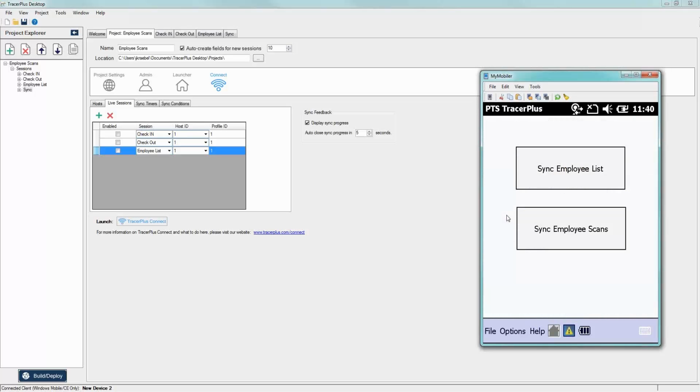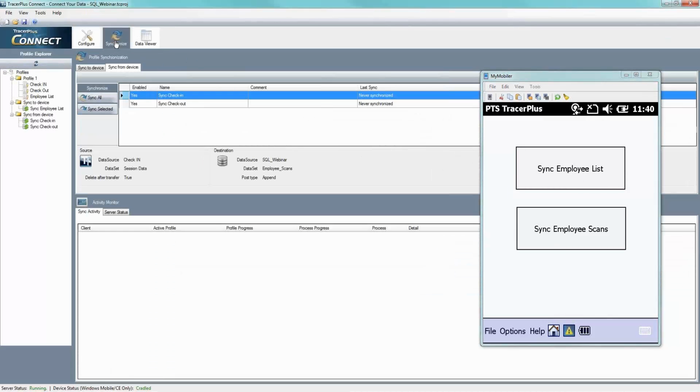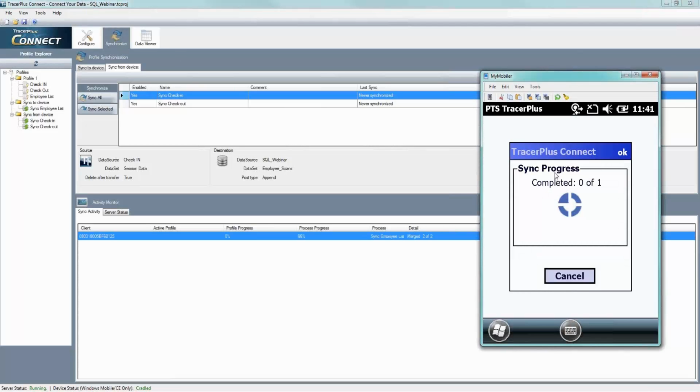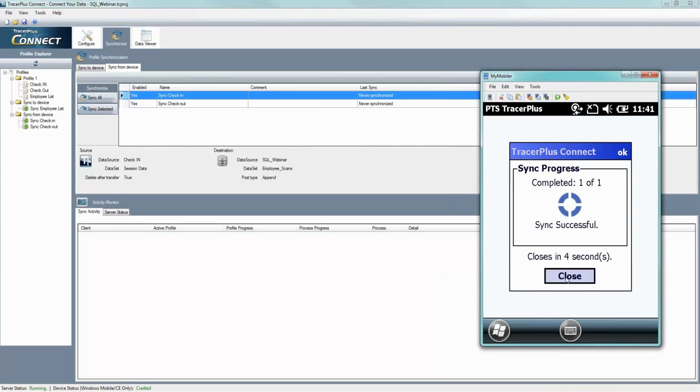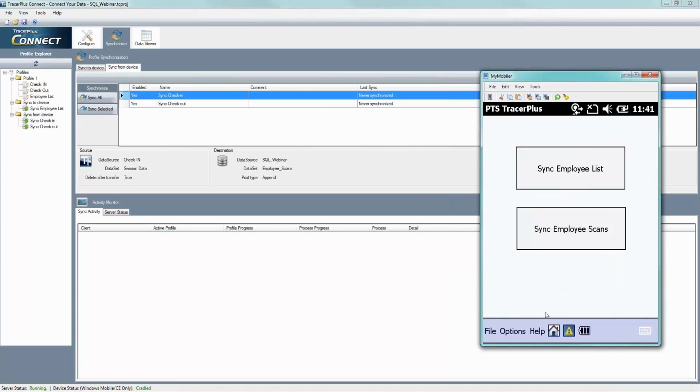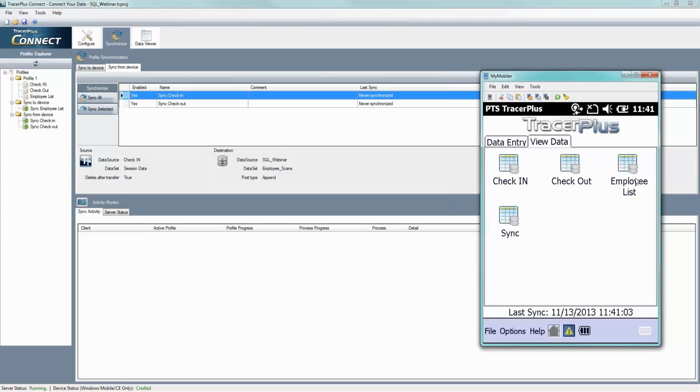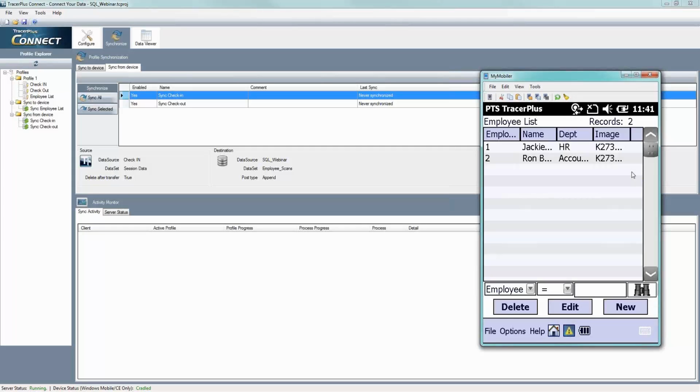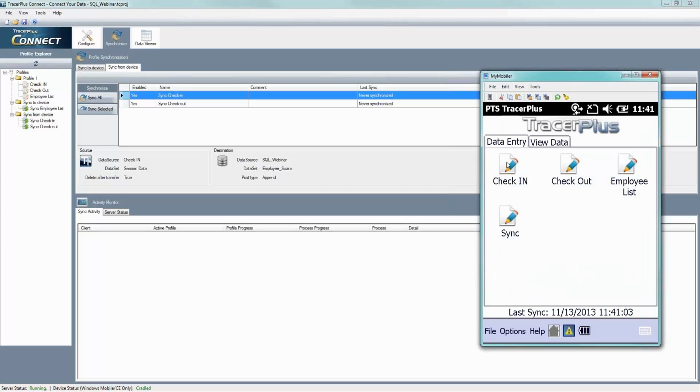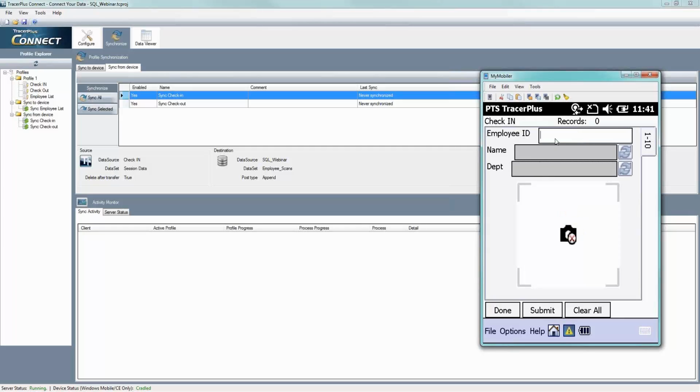Okay, so now if we come over to our sync, we'll do our sync employee list. First, let's take a look. If we look at our synchronized page, we should see some activity when we go ahead and press this button. Now if we come back over, let's look at our employee list. And there's our two employees. Now if I come over and do a few scans,